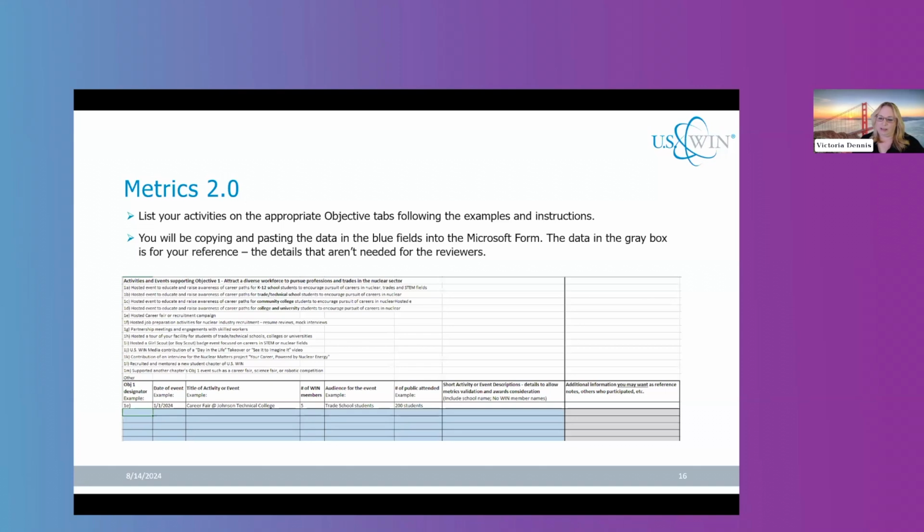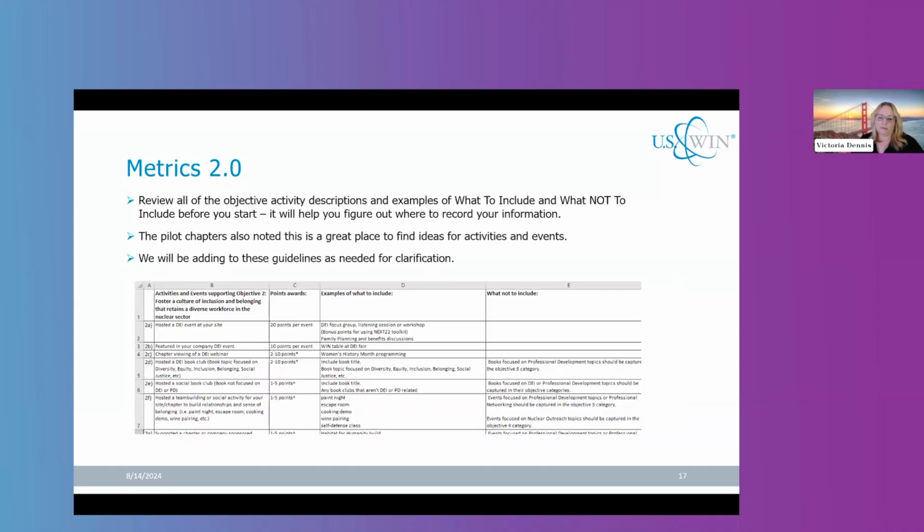That gray box is for you to enter additional data that you want for your records, like who participated in your events, but we don't want to clog that up in the blue data that the Metrics Committee is going to be reviewing. On the next tab, or next page,